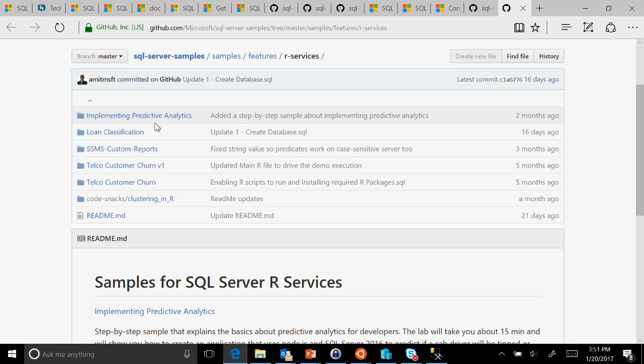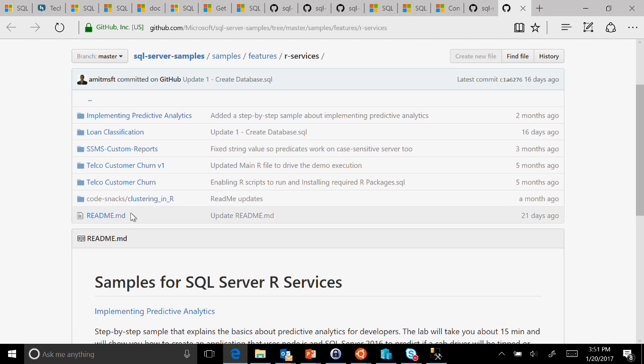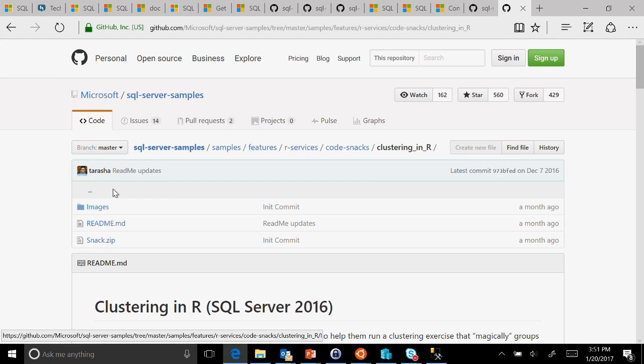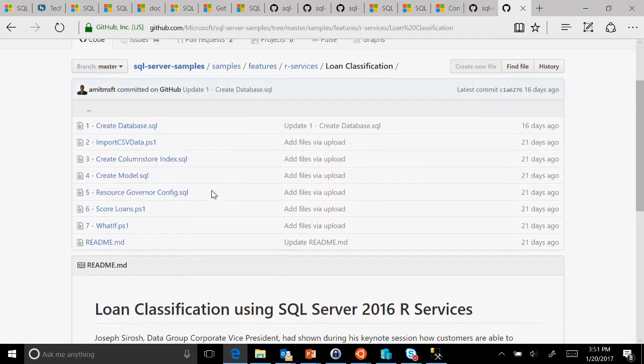So you can actually go look at the code, how they do this. The SSMS custom reports that I was mentioning, it's all here. There's some code snacks, little bits and pieces of code that you can go and play with. There's some telco churn models, loan classification.